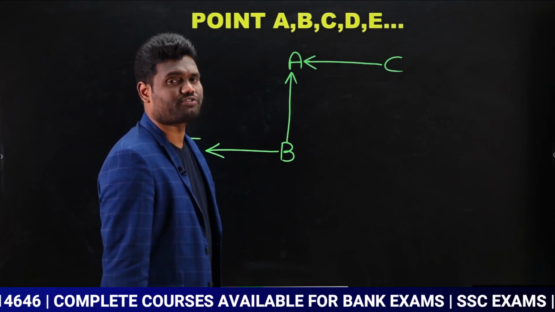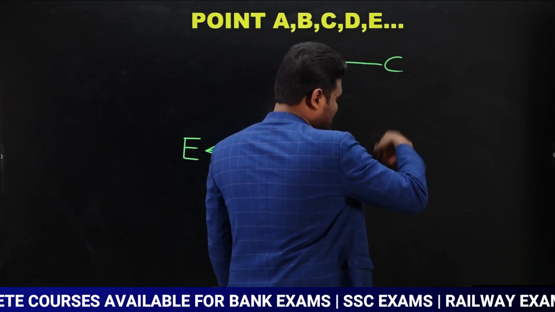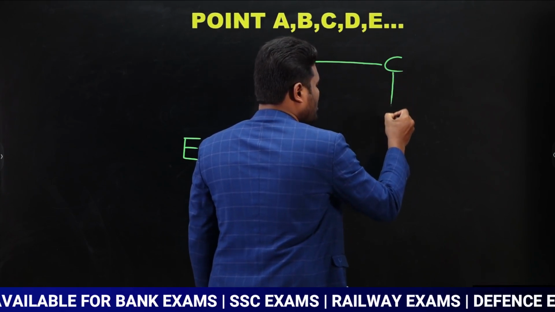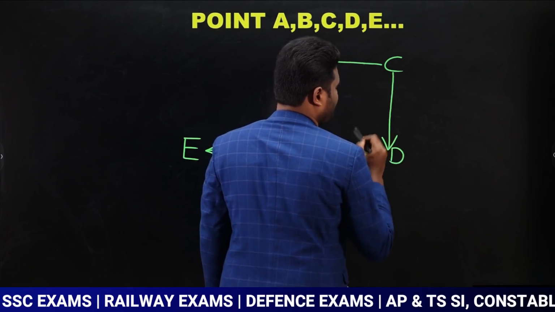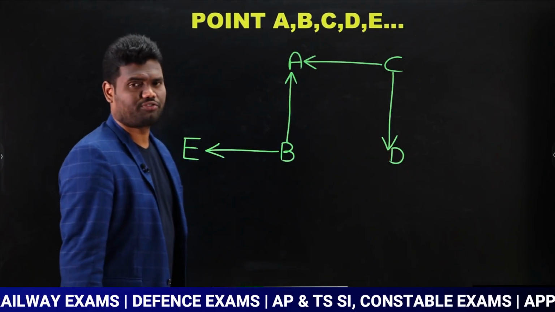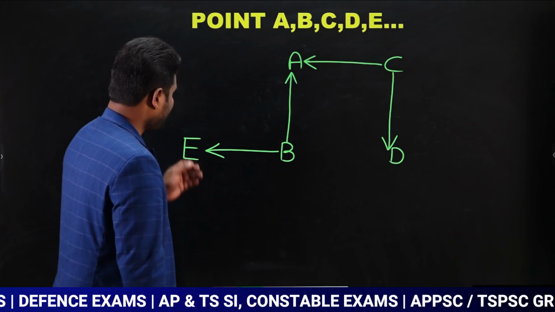D is to the south of C. This is C, south of C. South is nothing but towards down. Yes or no? South is nothing but towards down. So D is to the south of C. Is that clear? Next, if you observe,